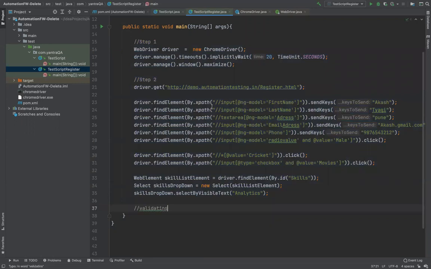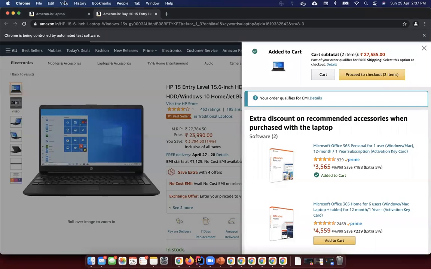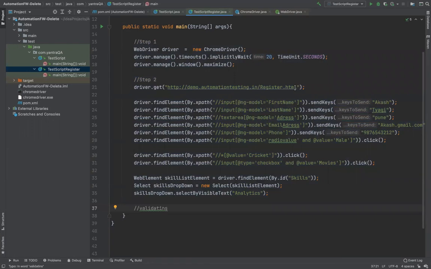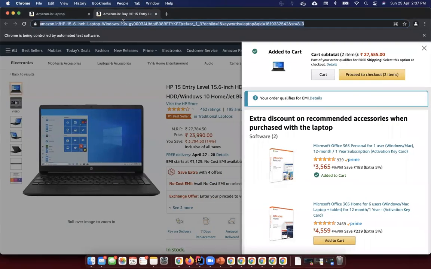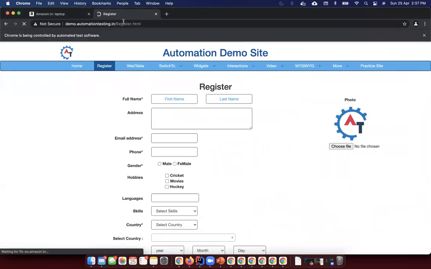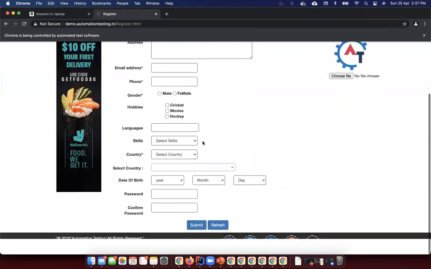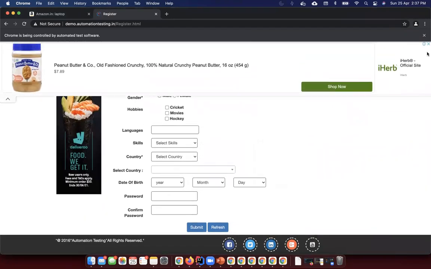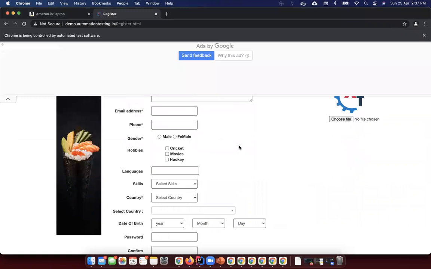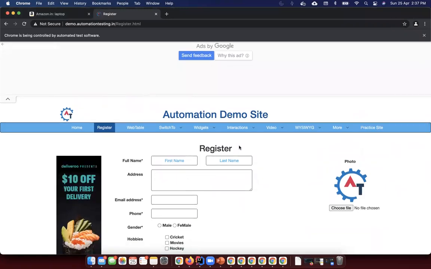Okay. So once this script is ready, now let's assume this was our page. A developer created this page and they have asked us to test it. So how can we test it? One way of testing it is we will come to this page, manually put the values and click on submit, and we'll say, yeah, the application is working, right? This is a manual way of doing it.